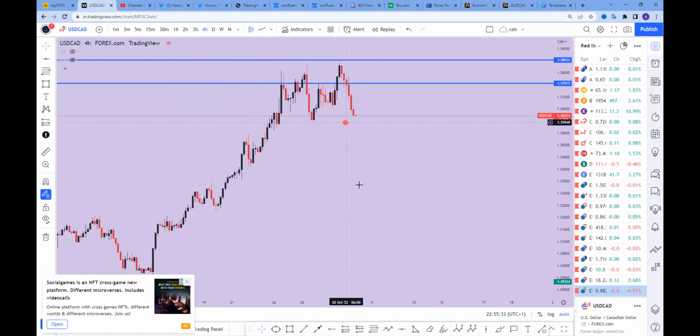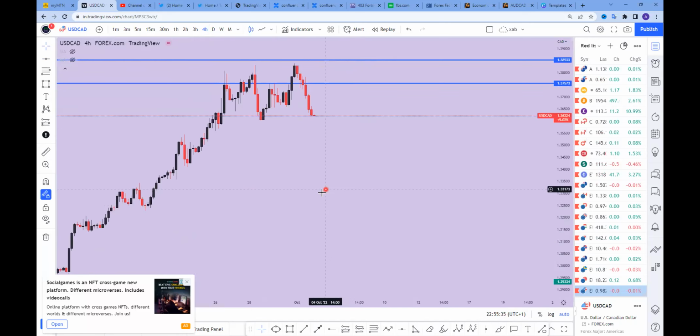Now I know that some of us would have sold here. You'd have taken this sell, which would have played out quite nicely, based on this break of structure. Structure was broken. This is our order block, and price has retested it. I know some of you would have done that. However,